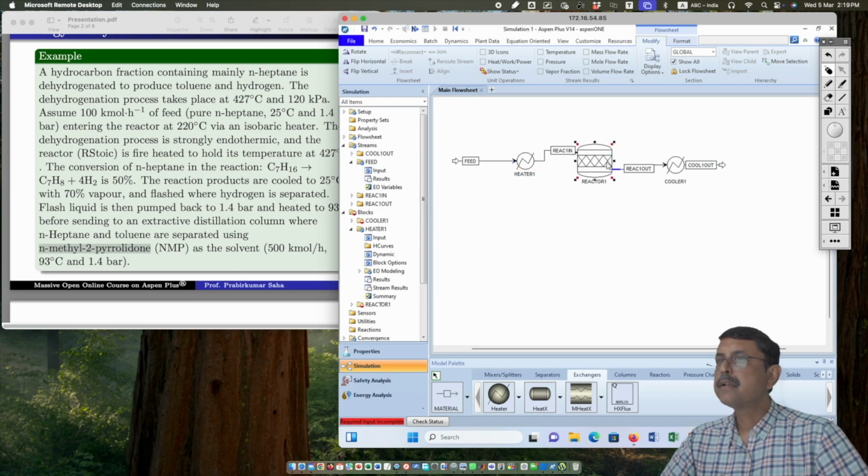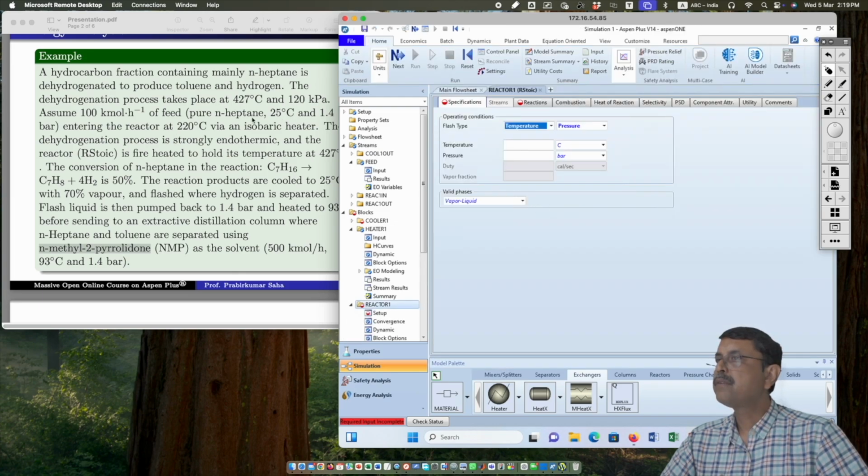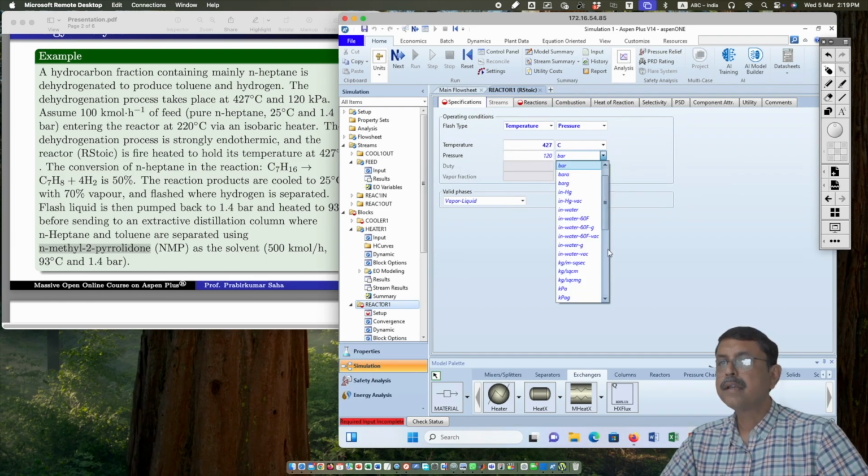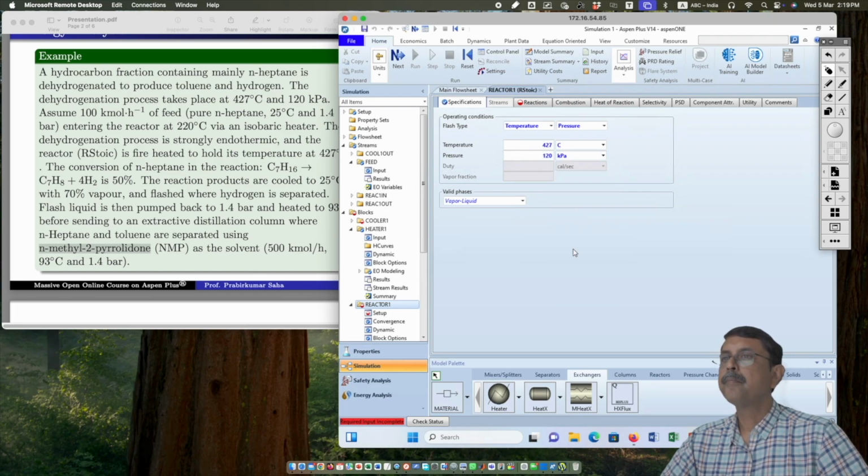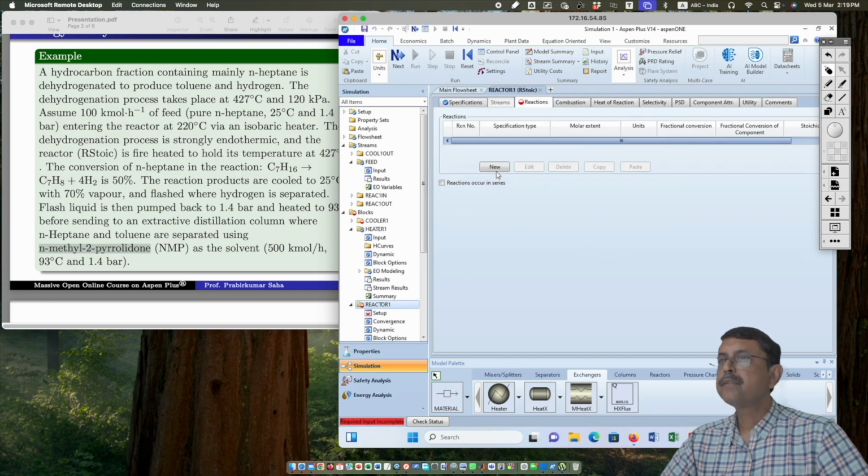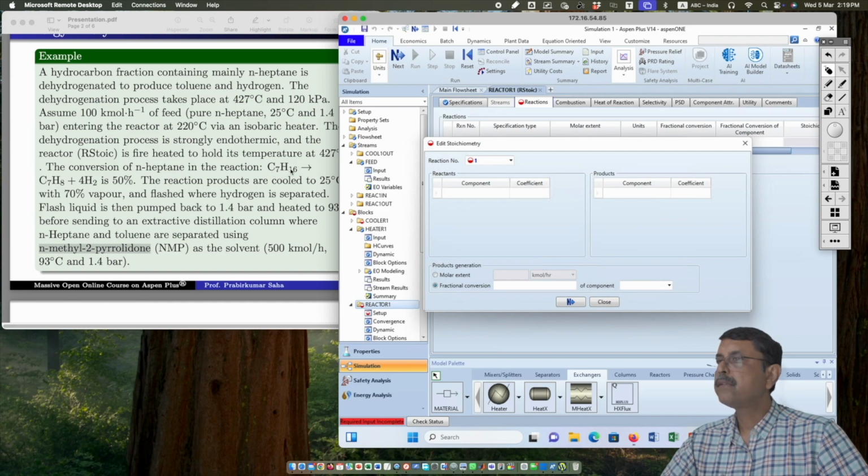The reactor operates at 427 degrees centigrade and then 120 kilopascal. So it is 120 kilopascal. So it should be somewhere here. Yeah. And at this temperature, it will not be vapor liquid. It should be vapor only. So remember that. Go to the reactions. In the reactions, you have to enter this particular thing,